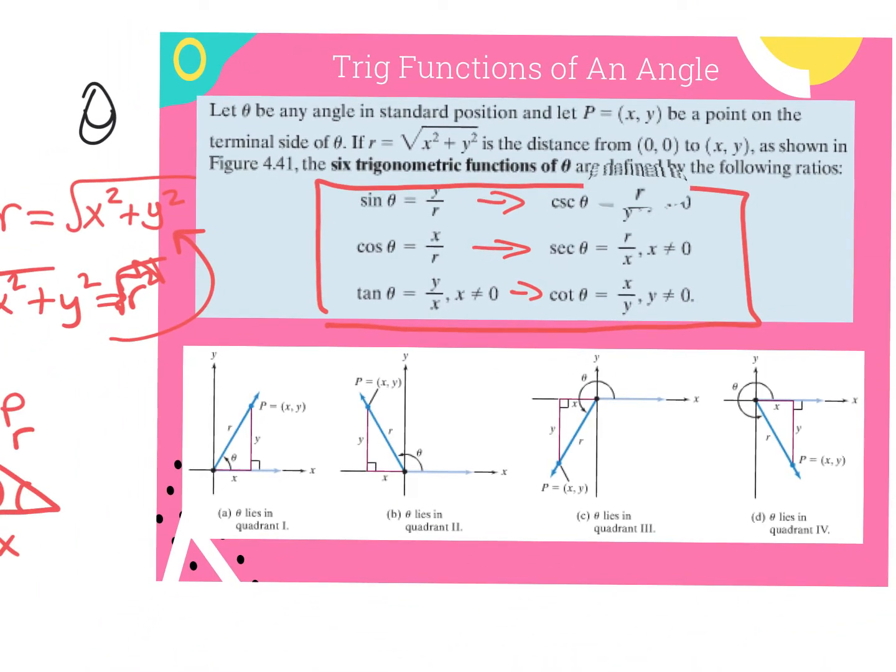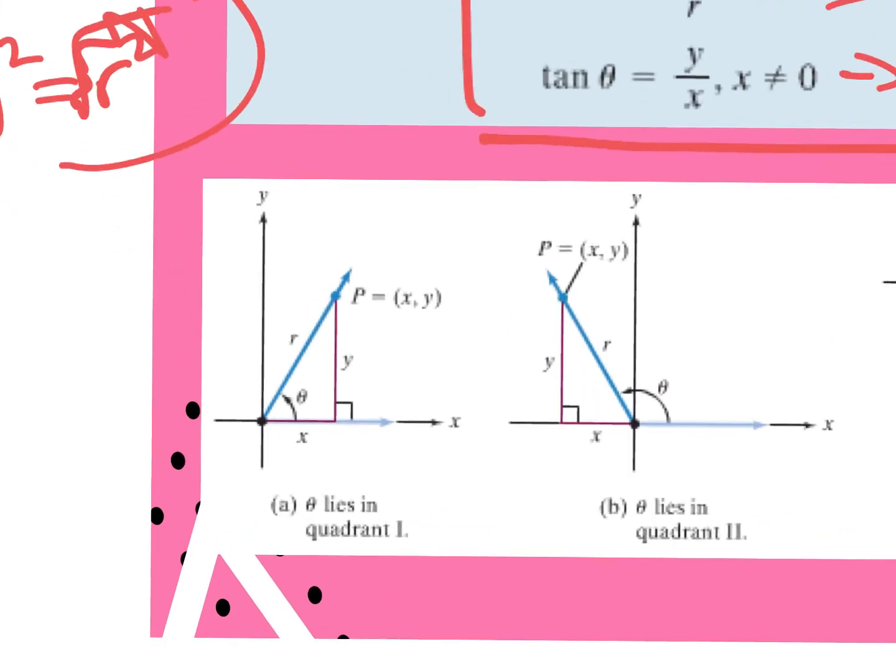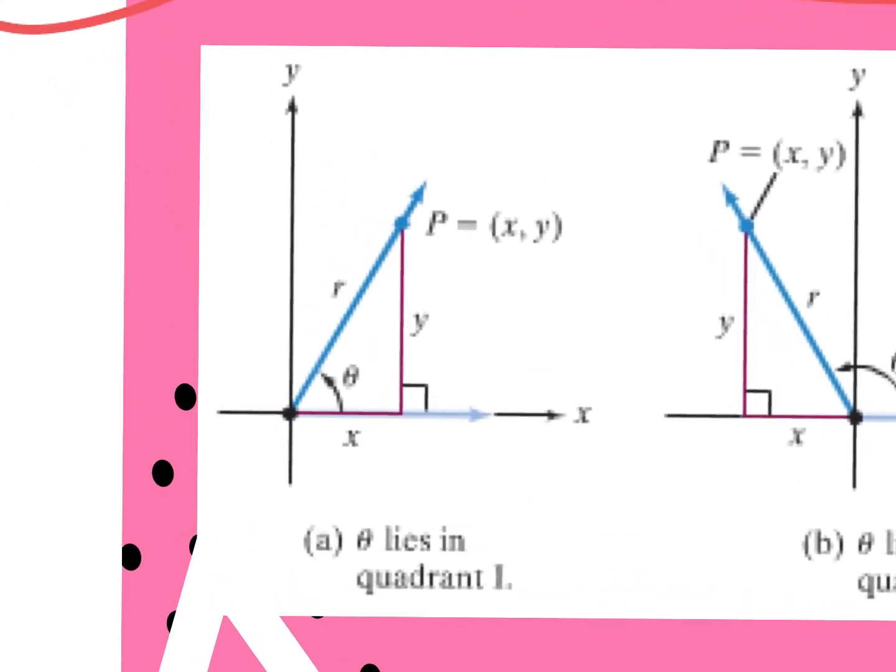And again, the r value will always be positive. The x and y can be negative because it's an ordered pair. It all depends on what quadrant the ordered pair is located. So for example, down here, when your angle measure is here in quadrant number 1,